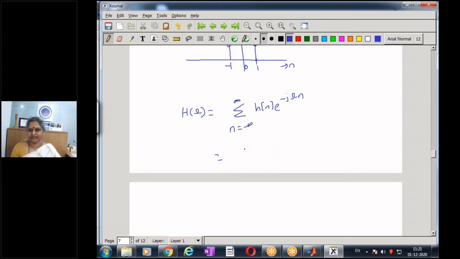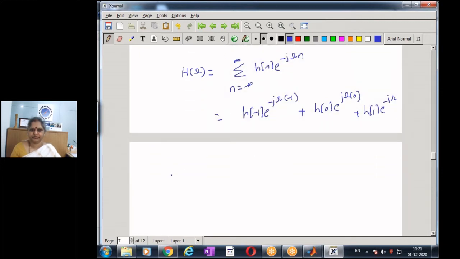So h of minus 1 e to the power of j omega, plus h of 0 e to the power of j omega 0, and h of 1 e to the power of minus j omega 1, which now becomes,